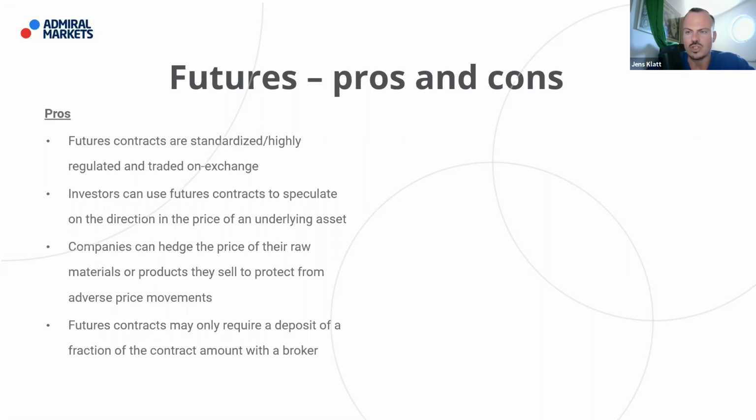So, which is usually considered to be the most transparent way to trade such a financial instrument like the DAX, for example. And as I already said, investors can use future contracts to speculate on the direction, on the price of an underlying asset, but especially the next part is important from a business perspective. So usually, we as speculators, we consider markets to be, most of the time, something really abstract.